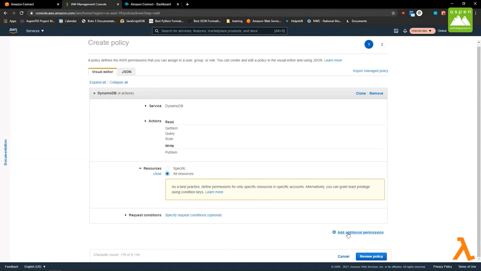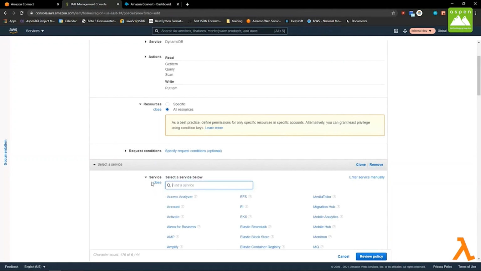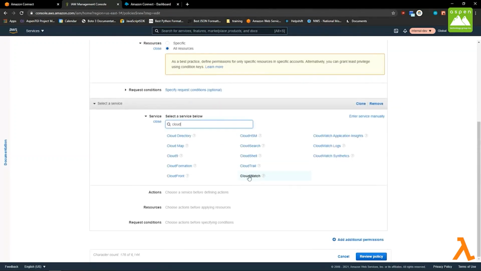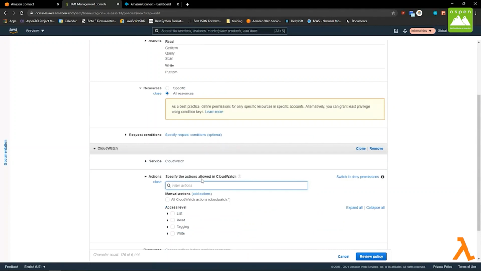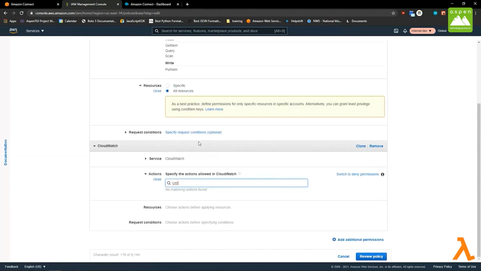We're going to go down to add additional permissions. And we're going to choose a service. From there, we're looking for CloudWatch logs. I'm going to go ahead and click on CloudWatch. And we're looking for 3 policies there. We want create,